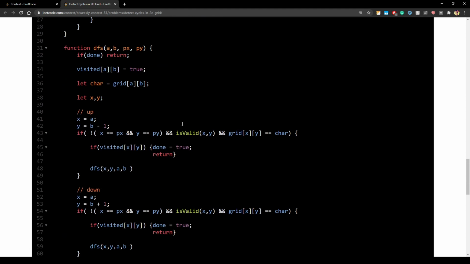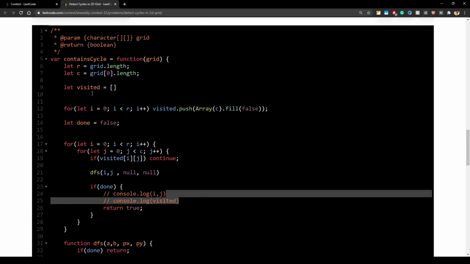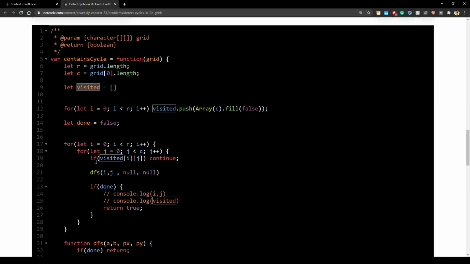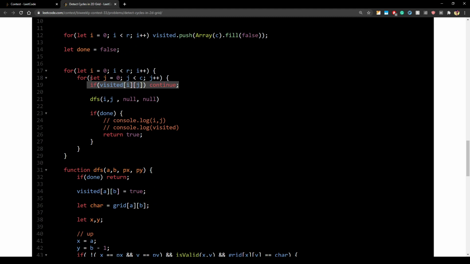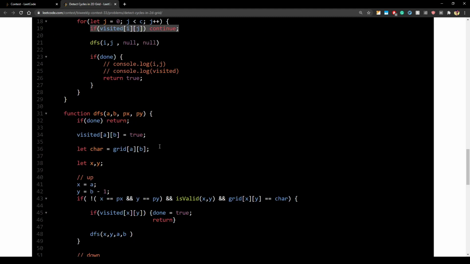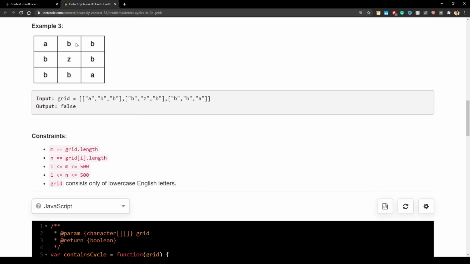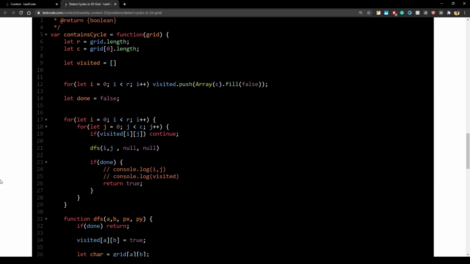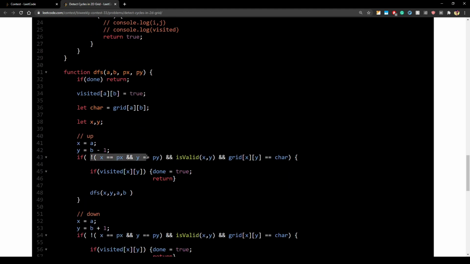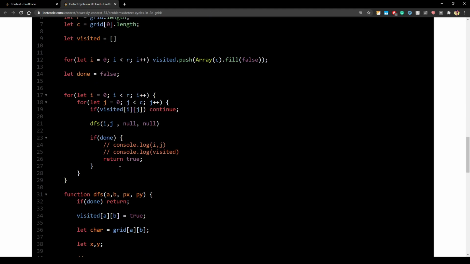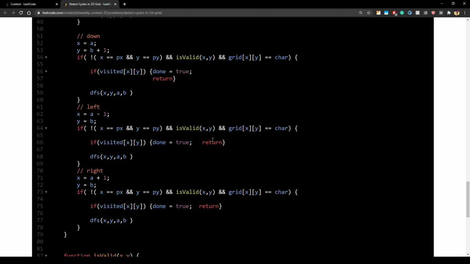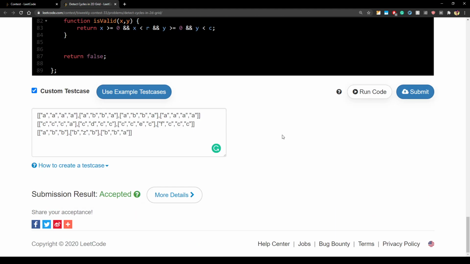So this is a standard DFS only. The things we need to take care of: we don't start the DFS again with a visited node, because it gave me one TLE when I did not put this line. Then the second case is that we don't visit the parent again. Otherwise you will very easily find a loop, right? In this case, like B, B, B, B, B. So that should not happen, that you go to the parent. Otherwise it is just standard DFS. So that's it for this bi-weekly challenge.